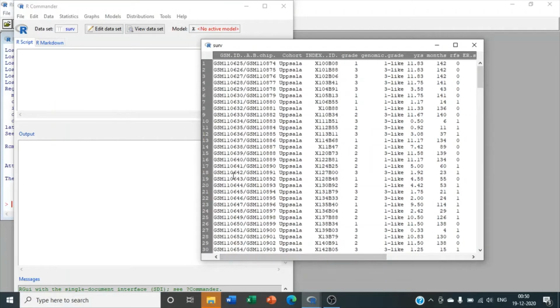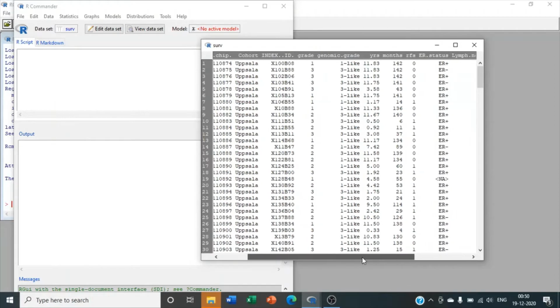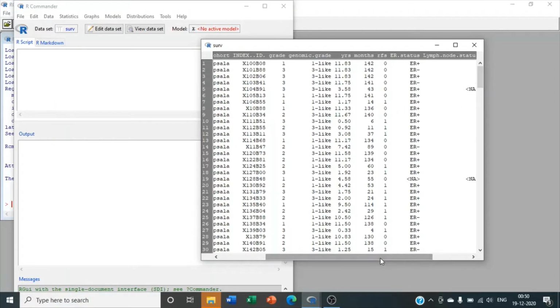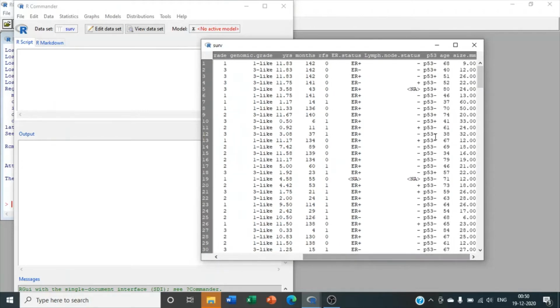It consists of the patient identifiers as the first three variables, then the grade of breast cancer, the genomic grade of breast cancer, the follow-up time of each patient in years, then in months, then the recurrence status, RFS, ER status, lymph node status, P53 status. P53 minus means P53 wild type, P53 plus means P53 mutant, the age in years, and the size